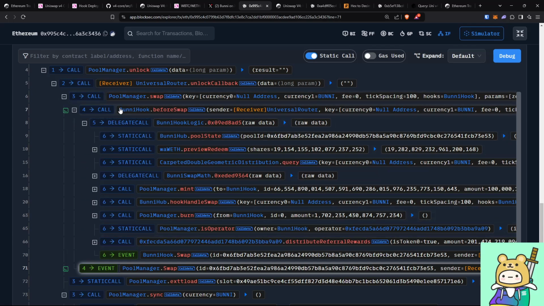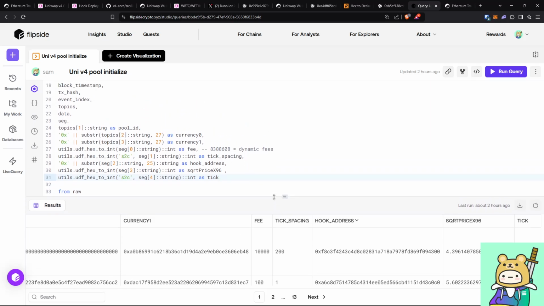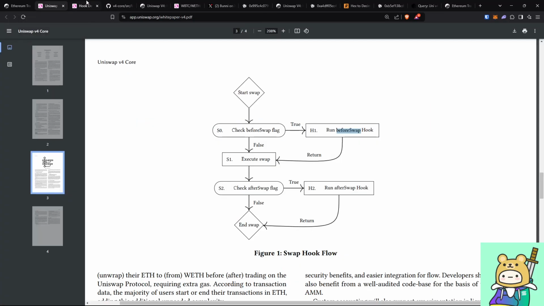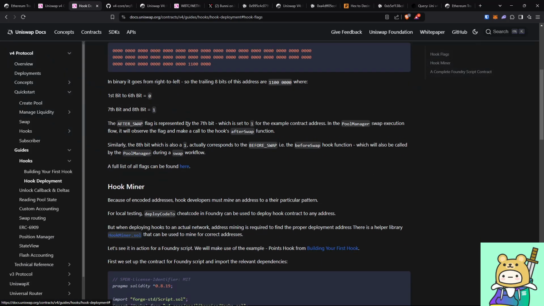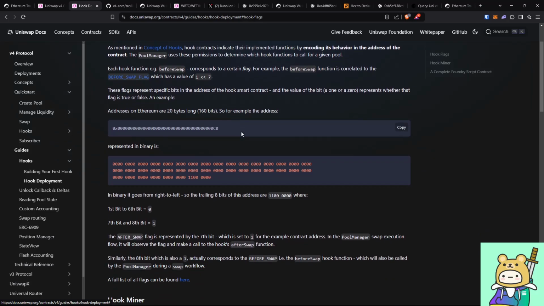Okay, so that's roughly what hooks look like. And from the initialize event, we get the hook address. Now this is important because next I'll tell you how, from the hook address, you can tell what exactly the hooks are. To understand that, if you read through the documentation, it tells you that